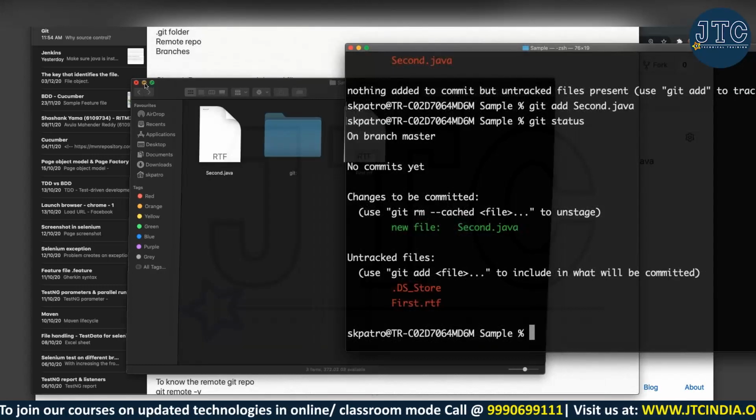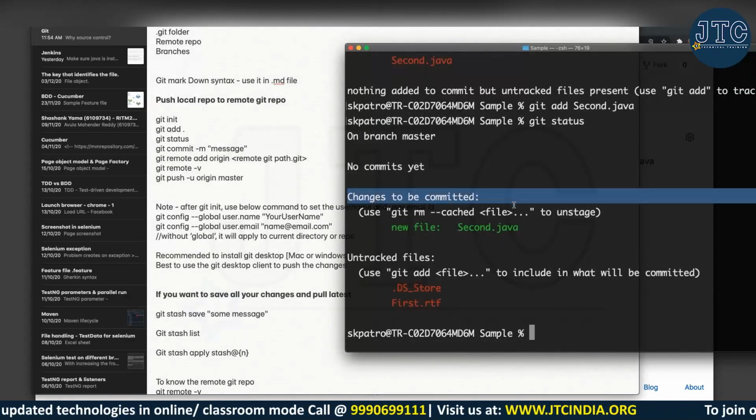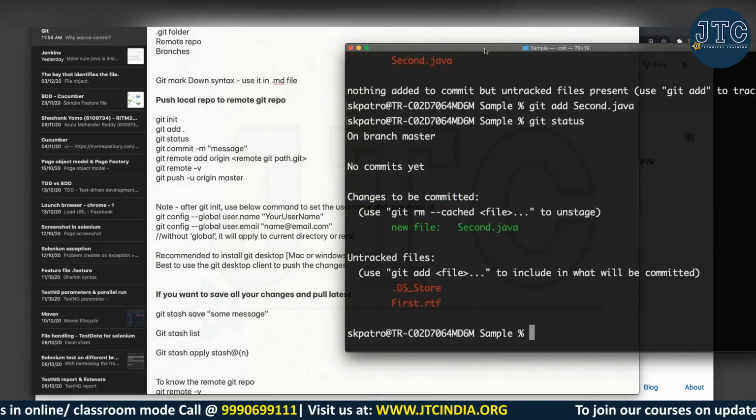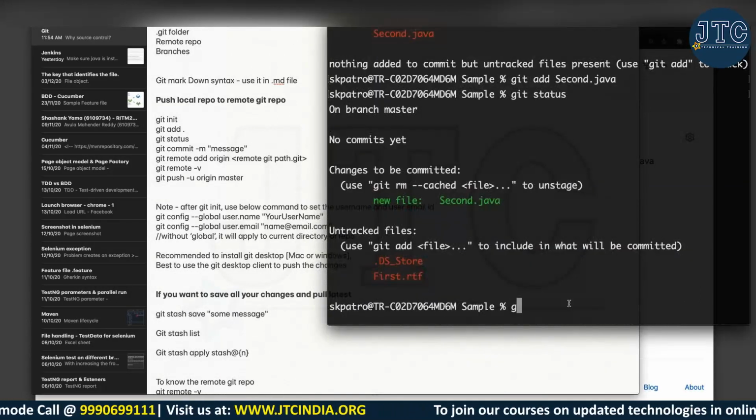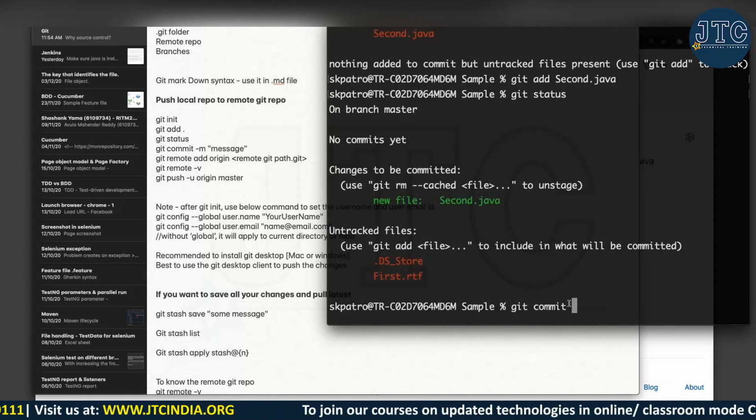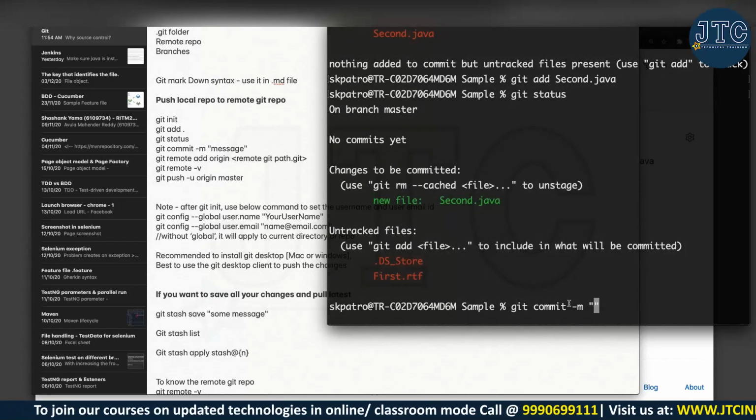Okay, you have to commit because it is very clearly telling changes to be committed is this one. Now what you need to do is git commit and then -m for message. You need to send some message, because everything we need to keep track of who is doing editing. In real time what happens, let's say you are not using git, you will change something and push that code into some server actually.